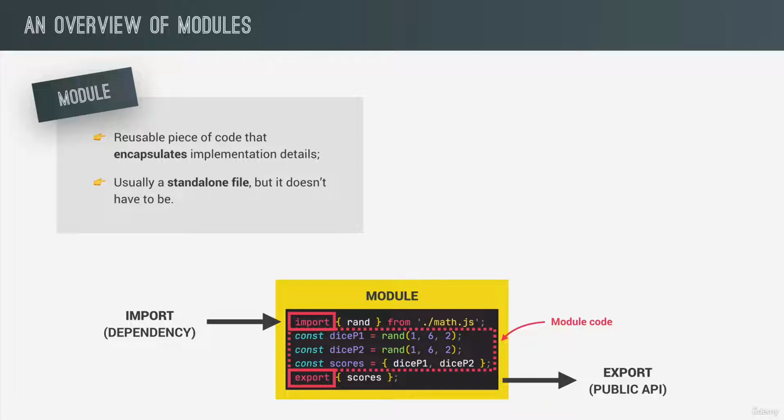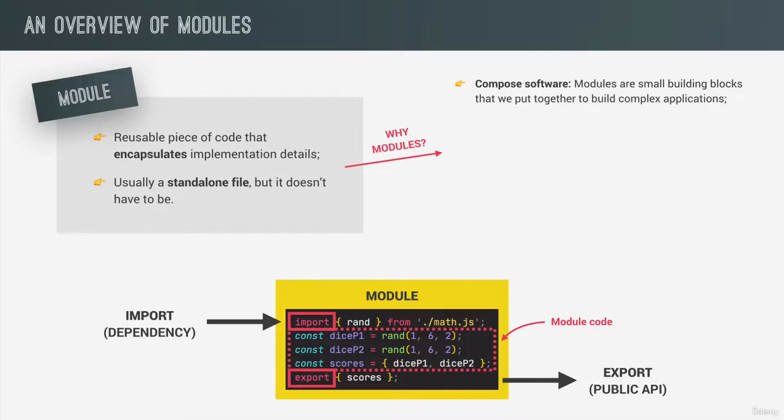Now, of course, we can write code without modules. And actually, we've been doing that up until this point. But that's because our applications have been very simple. However, when a codebase grows bigger and bigger, there start to be many advantages of using modules. And the first one is that modules make it really easy to compose software. So we can think of modules as small building blocks that we can then put together in order to build